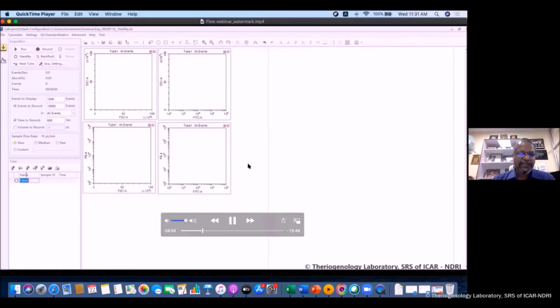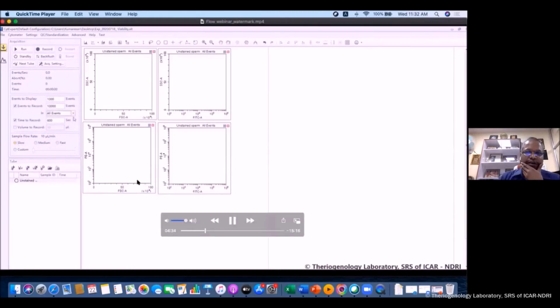Now, first and foremost thing is the control. That is unstained spermatozoa. This is a must. Unstained spermatozoa, what I mean to say is, it has to be in the same lot, or at least the same bull, because bull-to-bull variation in autofluorescence is also there sometimes. So take the unstained spermatozoa from the group you are working with, crossbred means crossbred, or something like that. So acquire, and you will find this is the sample flow rate. I always prefer to go slow, and events to record 10,000.